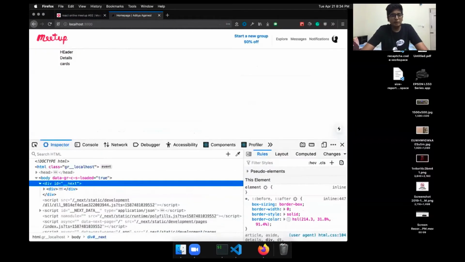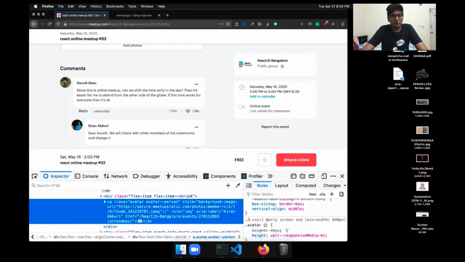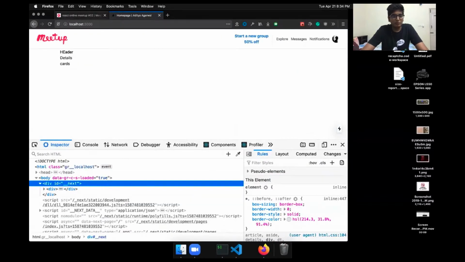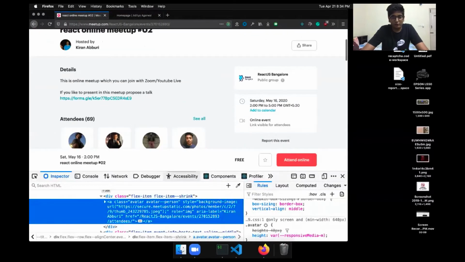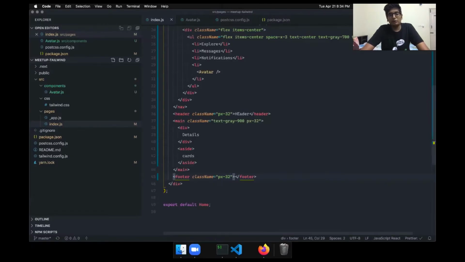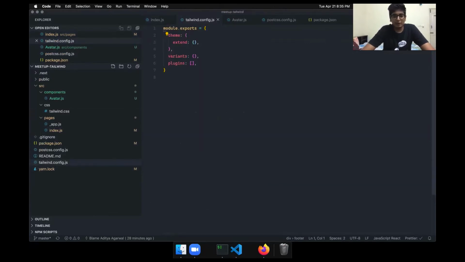Cool. And now in the details, we have some background color which is of gray shade. So let's pick the color, and now I've picked it. So this technique which I commonly use is that there is this background color which will be present everywhere. So instead of putting it in a style thing, this is a color which will repeat every time. So I put it in the Tailwind config. So this is the tailwind.config.js file. Here what we have is the theme object, and here you can put tokens in the extend block.